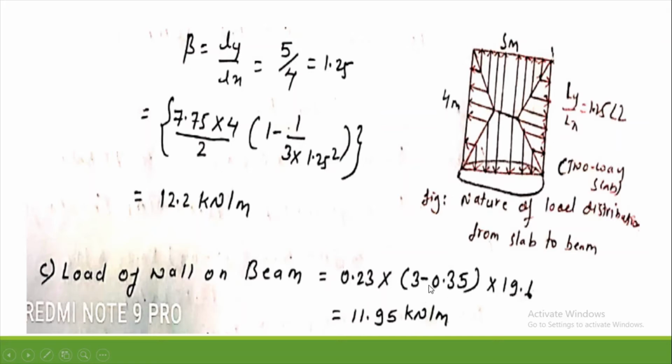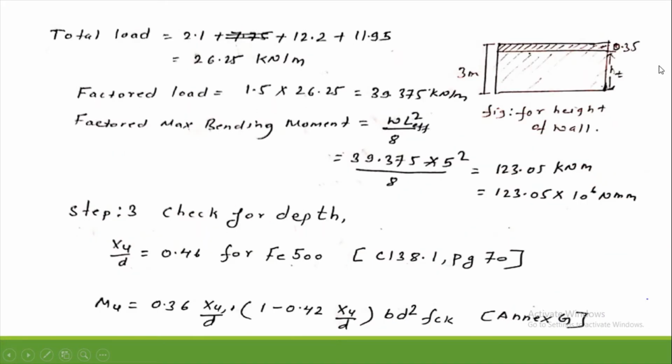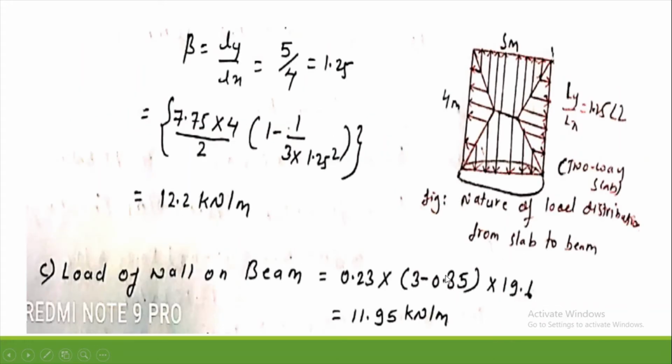Okay, I'm going to tell you how we calculate the height of the wall. For calculating the height of the wall, actually the height of the wall is from the lower floor up to the lower surface of the beam. If we subtract the depth of the beam from the floor to floor height, then we get the height of the wall. That's what I am doing here.